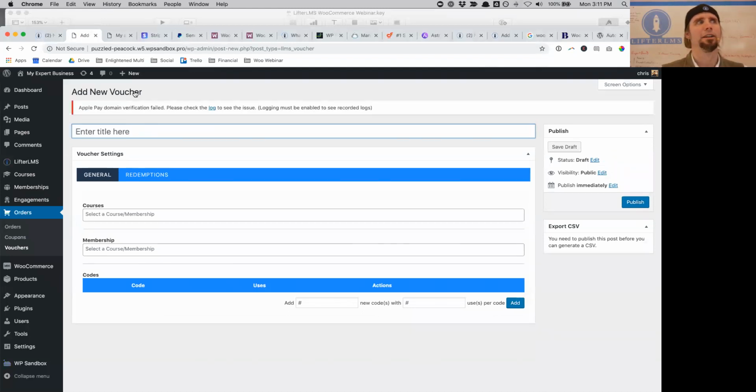Like, let's imagine you have a $1,000 course and you sell like 50 seats to a company that wants to put 50 of their employees into it, and they send you a check for $50,000, or you create a hidden WooCommerce product just for them that's like a $500 checkout, and they pay, and you want to hook them up with the code. So if we were to do